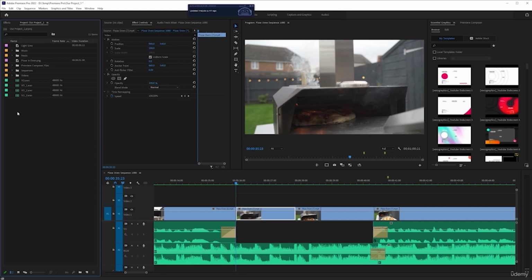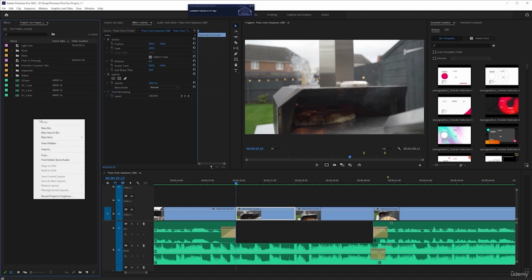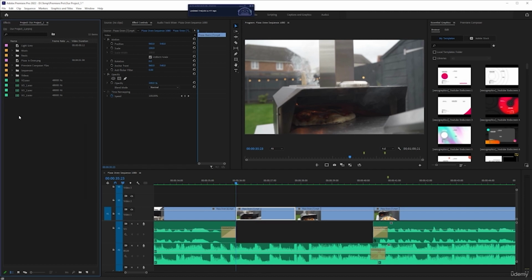So don't forget, you can go anywhere in this empty space and right click and new bin, or if you've got no empty space left, you can click this little folder here, which will create a new bin. I'm going to label this. As you can see, it creates a bin and has the text ready to be edited. So I'm going to type images, and if you hit return, so the enter button right below delete on your